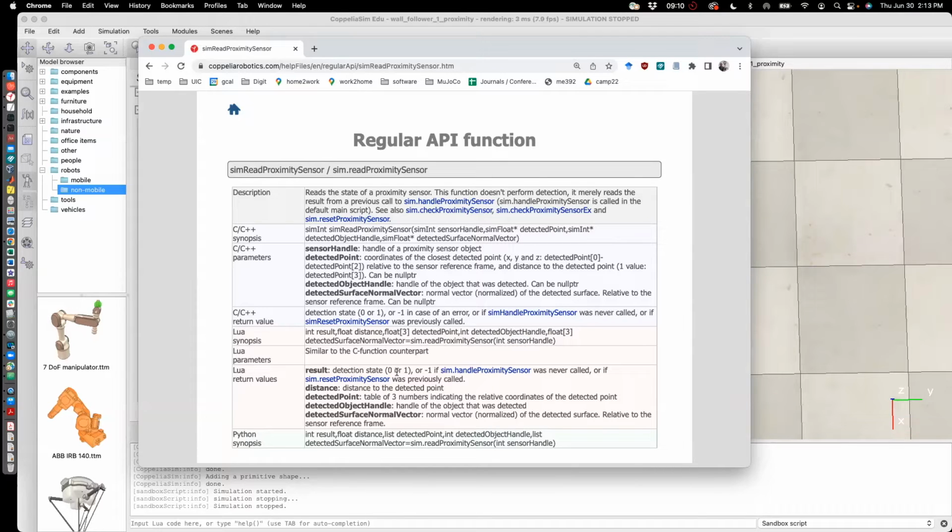Result is basically saying if it's detected or not. Detected is one. Not detected is zero. Distance is the distance from the measured point. So we'll use this syntax. Let's take this